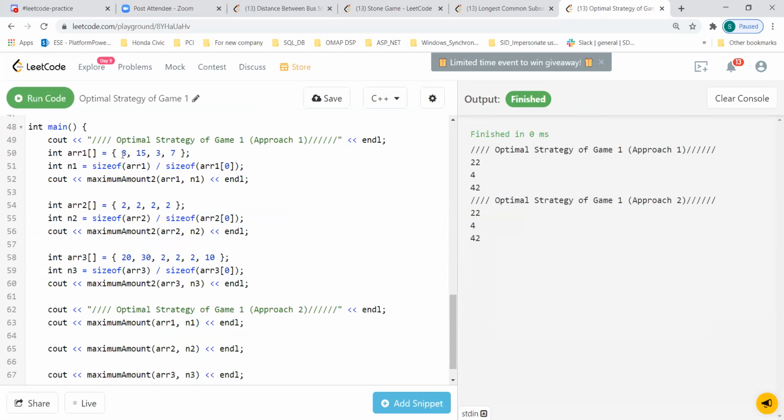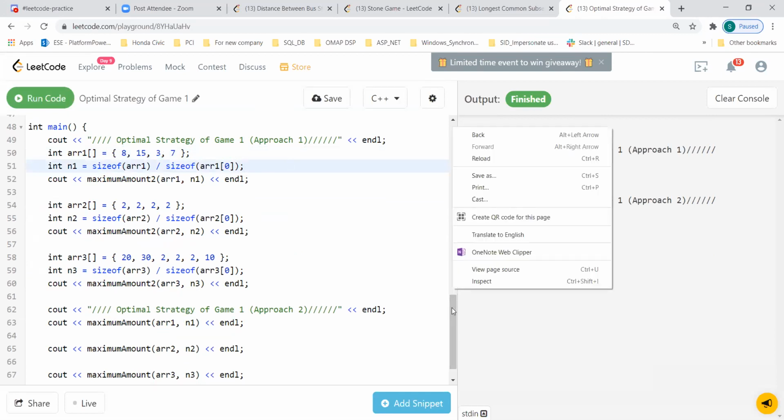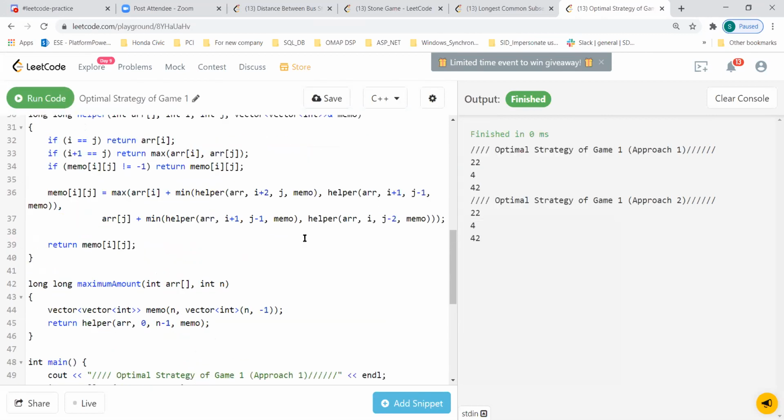Could you please explain why you use min? I cannot understand why you need min. Yeah, because see, this is Alex playing. Imagine if Lee plays. Lee will also pick the maximum value, so what is left over will be the minimum values for me, right? So we are actually giving a chance for Lee also to win. That is what this DP pattern talks about. And minimax is a similar way, right? Shashank, you know about that minimax. Yeah, it's game theory.